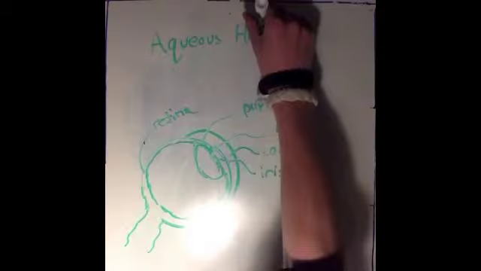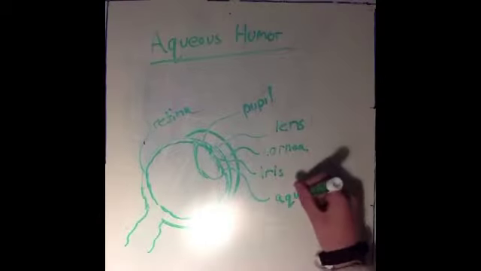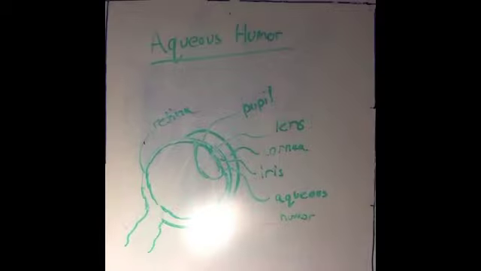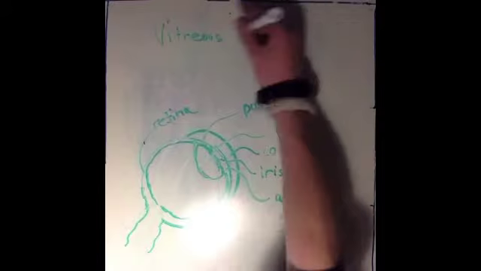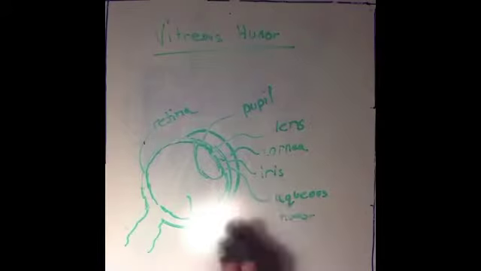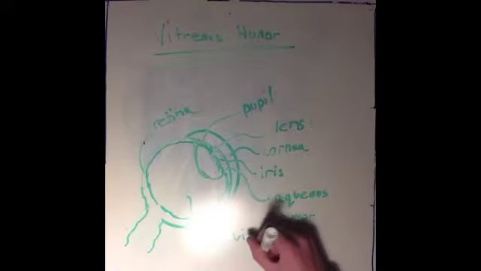Now up is the aqueous humor. The aqueous humor is a transparent fluid similar to plasma. It holds the lens of the eye in place. The vitreous humor is similar in that it is a clear gel. It contains no blood cells and is made up of 99% water and is located in the space between the